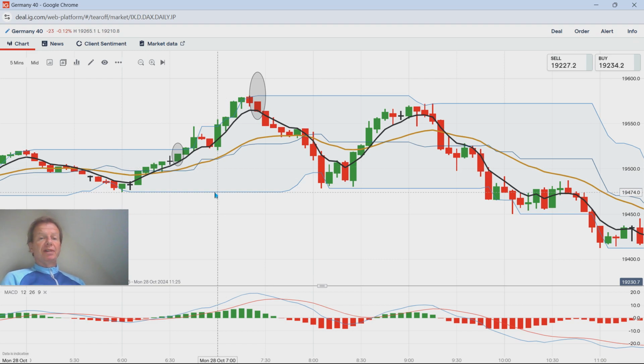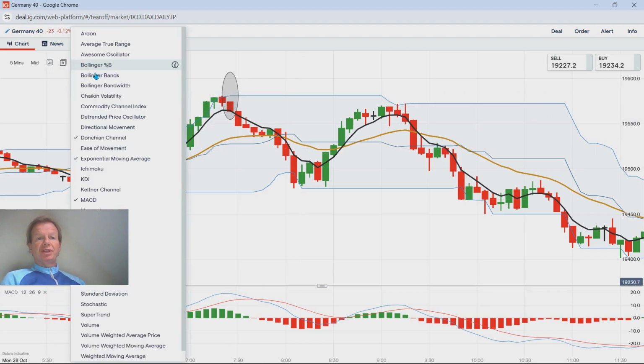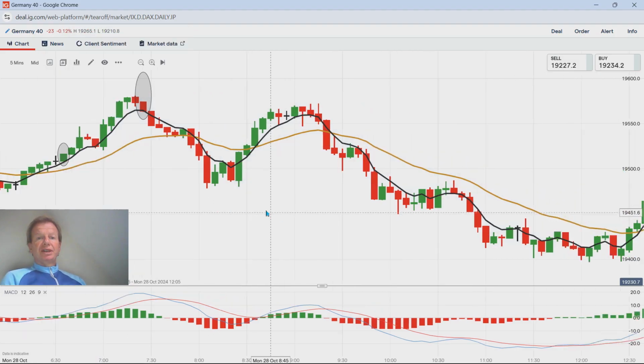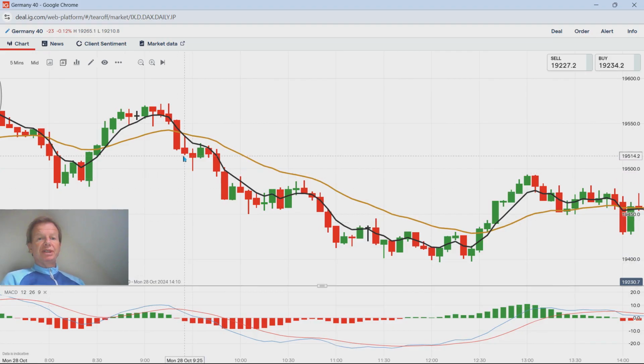So maybe you're looking at a 30 pip or point stop and a 50 gain, or maybe a 60 gain, 1 to 2. But obviously, always put a stop in when you're doing this. So I'll take the punching channel off for now, and we'll focus on this. So that was me today. But as you see, there are plenty of opportunities here.